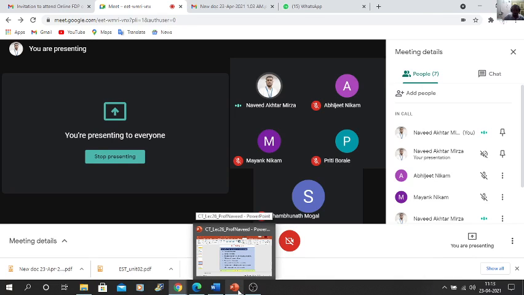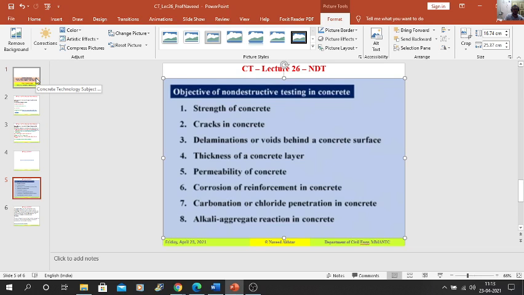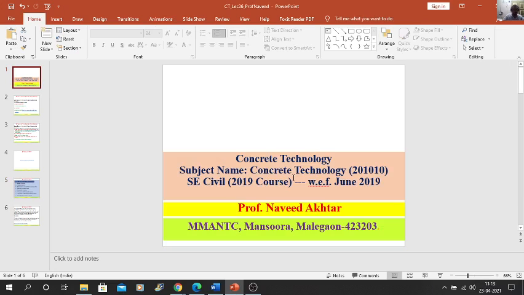Today we will see lecture number 26 for the concrete technology. So we have up till now completed the destructive test on the concrete in unit number 3. Now today we will see the non-destructive test on the concrete, and